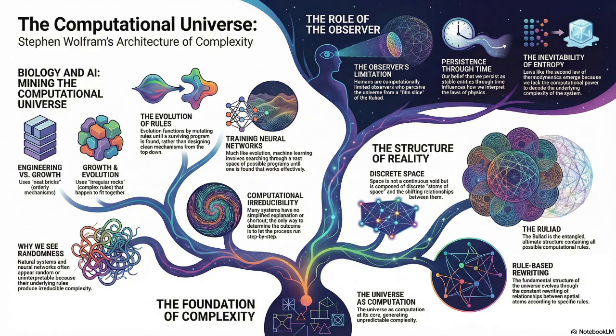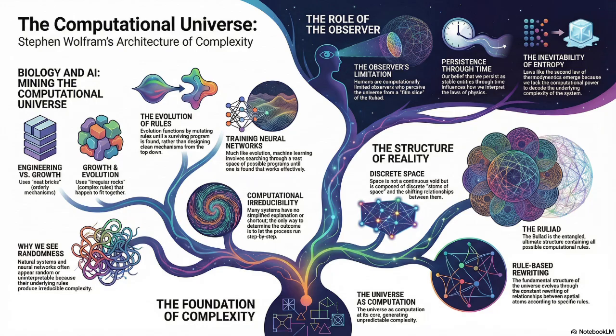Welcome to the debate. Today, we are examining a pretty provocative central theme derived from Stephen Wolfram's The Computational Architecture of Universal Complexity. We are framing our discourse around a profound disagreement. Is the universe literally composed of discrete computational rules at its fundamental level? Or is computation merely a highly effective framework, a map, if you will, for understanding irreducible complexity in systems like